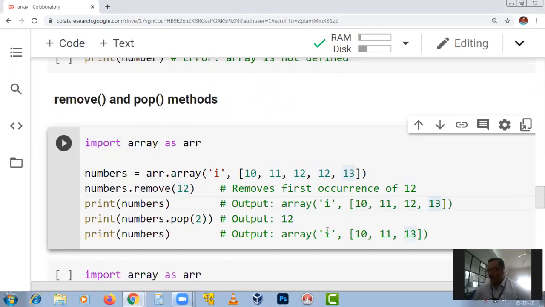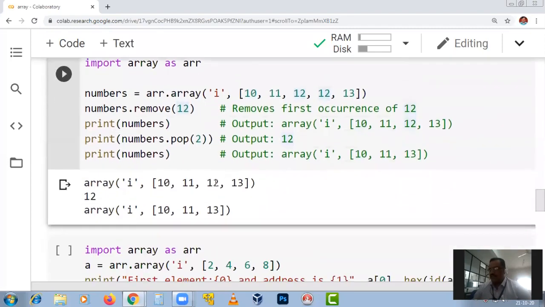So pop of 2 means second position. I'm talking about position: this is 0 position, 1 position, 2 position. The element at index 2 is removed. Now, if I run this code, you can see after removing 12, we got this array.